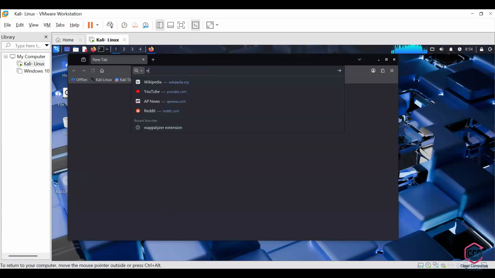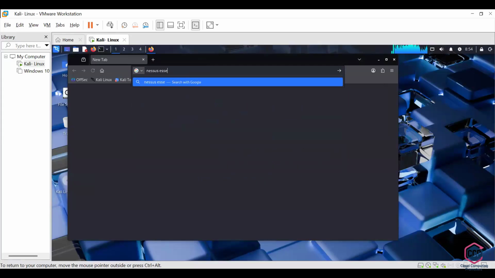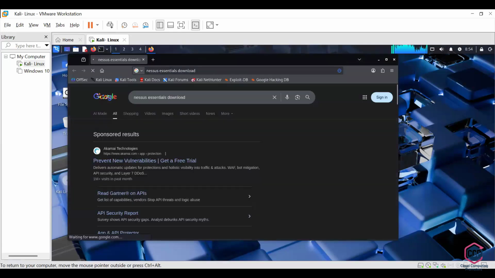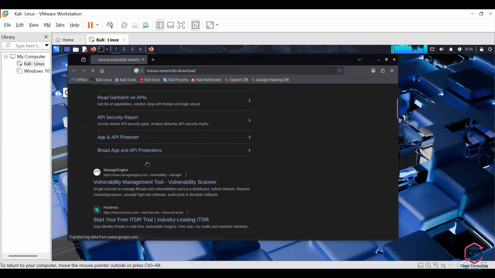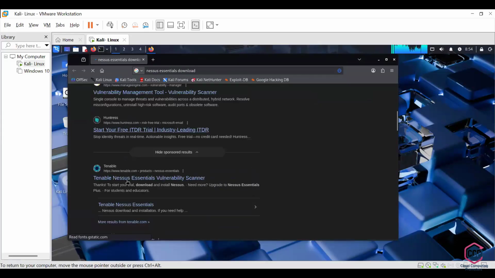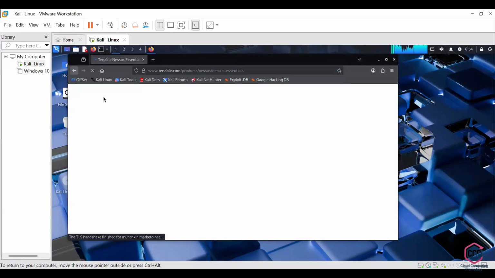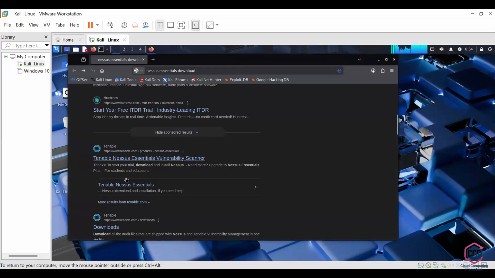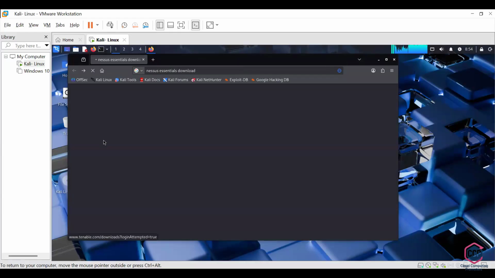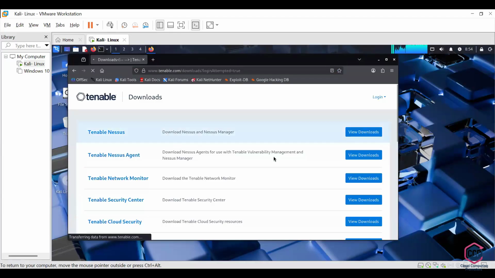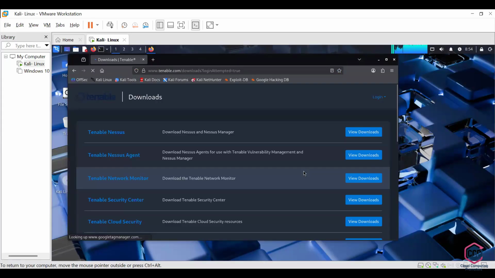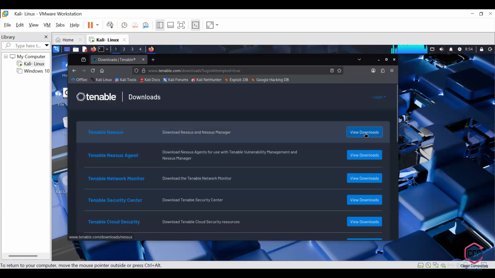Nessus Essentials. Yeah, the next one, that link. Yes, this one. Or else you can click on the download button which is below it. Go over that, download, click on that. Now we'll take Tenable Nessus, the first one.